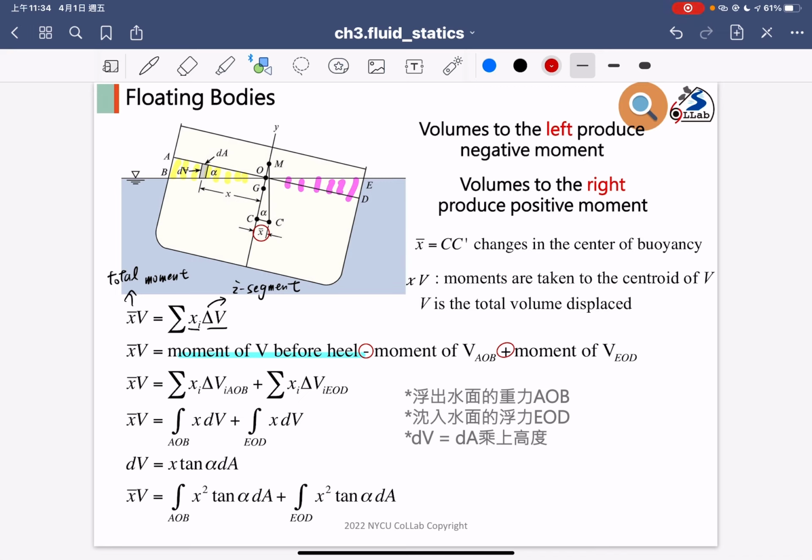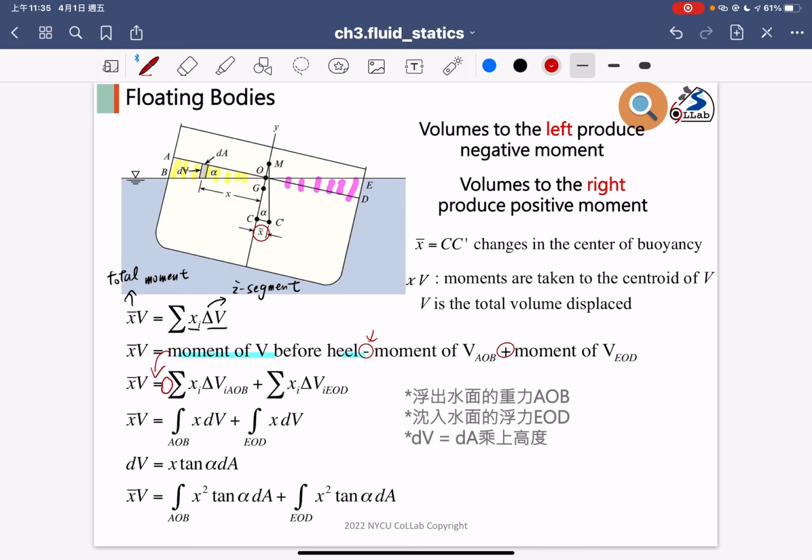Okay, and the next, the moment before the heel, so there are no additional moments. So we don't have this item. We only have the second one and the third one. So we take the sum of the AOB moment and the sum of the EOD moment together. And as for why the negative symbol disappears when we go to the next step,